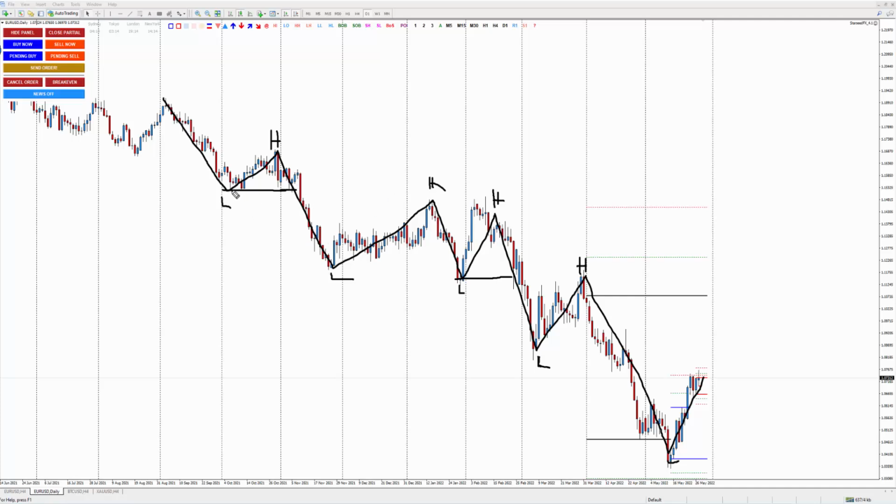Now here it breaks the low, right? And then it breaks the low again, and then when the market makes a retracement, sometimes here, let's say you get an entry around this area, for the sake of example, where is your take profit target?